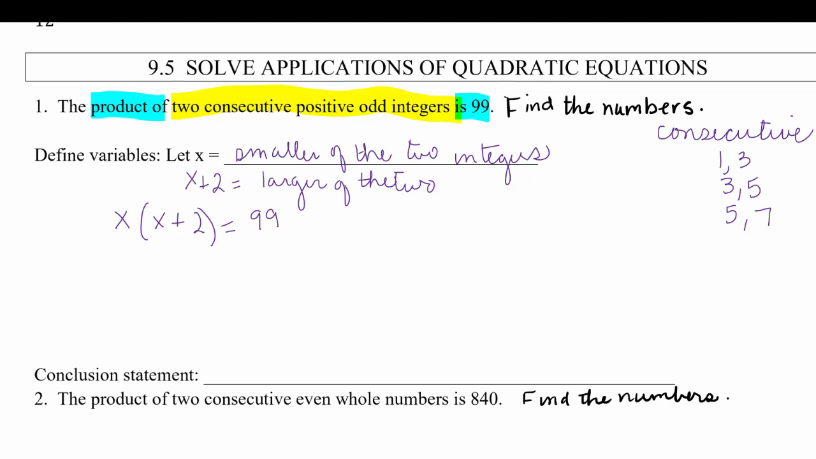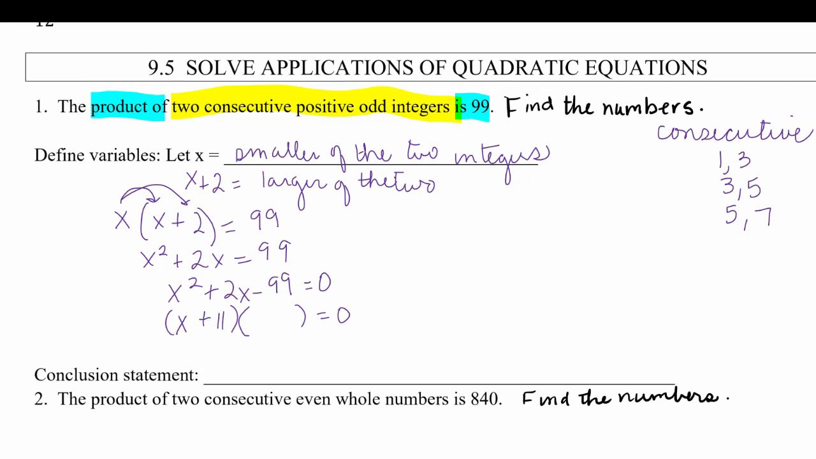Okay. Now, to solve this equation, first we need to distribute the x. So we're going to get x squared plus 2x equals 99. And this is a quadratic equation. And to solve it, we need a 0 on one side. So we're going to subtract the 99. And now we have a quadratic equation in standard form, and this one factors, doesn't it? Two numbers that multiply to negative 99 and add up to 2 would be x plus 11 and x minus 9. Okay, and now we're going to use our zero factor property and set these to 0